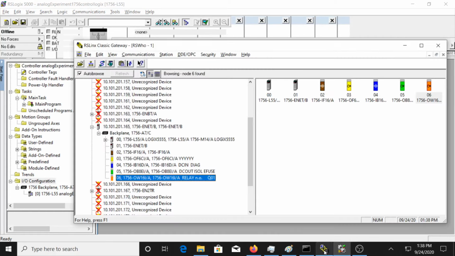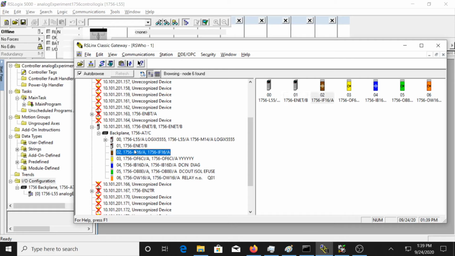So again, if we forget what our modules are, we come over here. Now this is our Ethernet module that we're using to actually communicate with the PLC, but we're not going to use it to communicate between 2 different PLCs, which we could. If we had to, we would have to add this module and configure it, but for our uses, we're just downloading programs to it, so we don't need to install or add that module. So any module you're not using, you don't actually have to